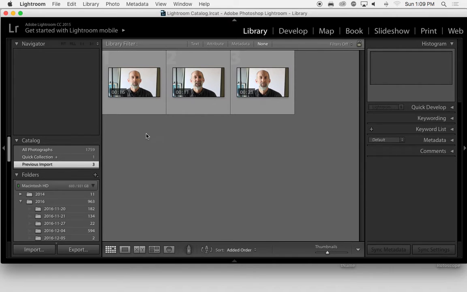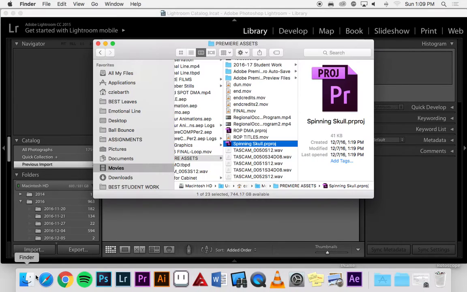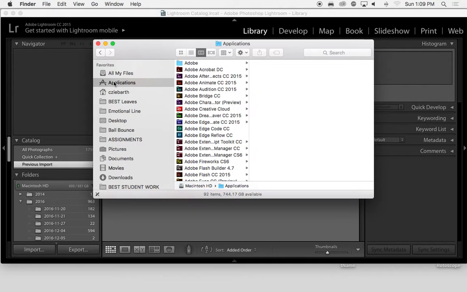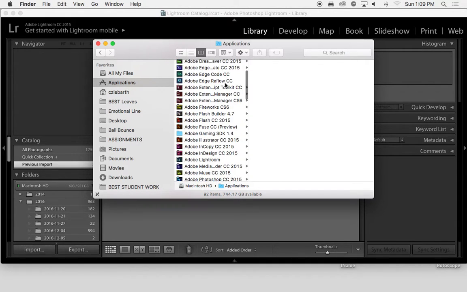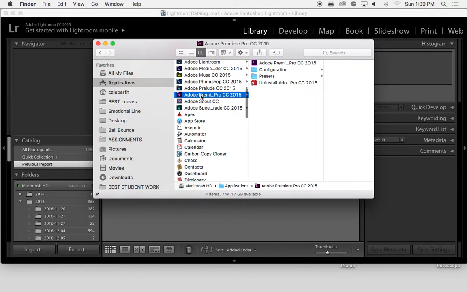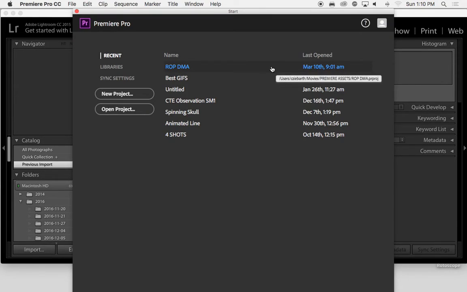Let's go to Premiere. Adobe Premiere is in your application folder. So if you go to the Finder, click on Applications, scroll down to kind of the bottom of the Adobe list here, and choose Adobe Premiere Pro. Start out by making a new project. So if you haven't used it before, this will be empty. We're going to click New Project,